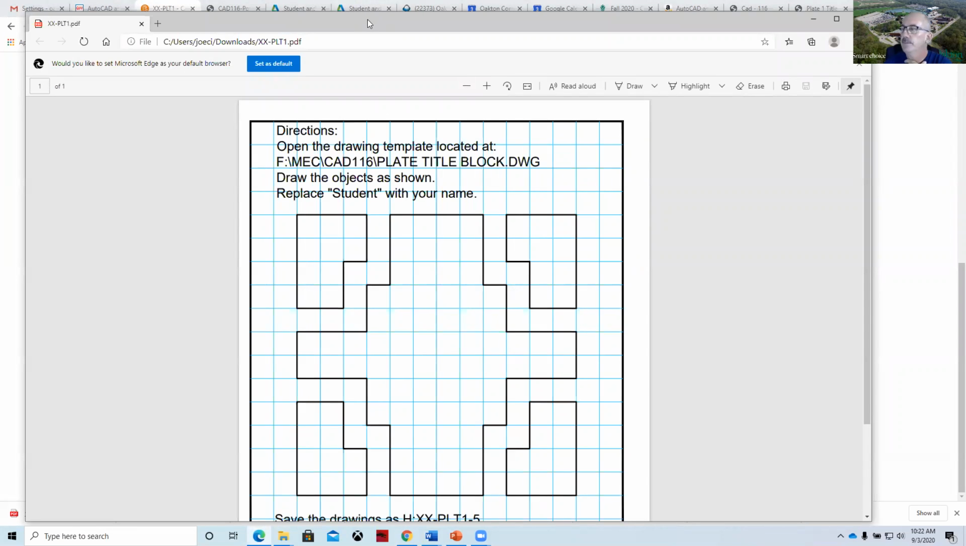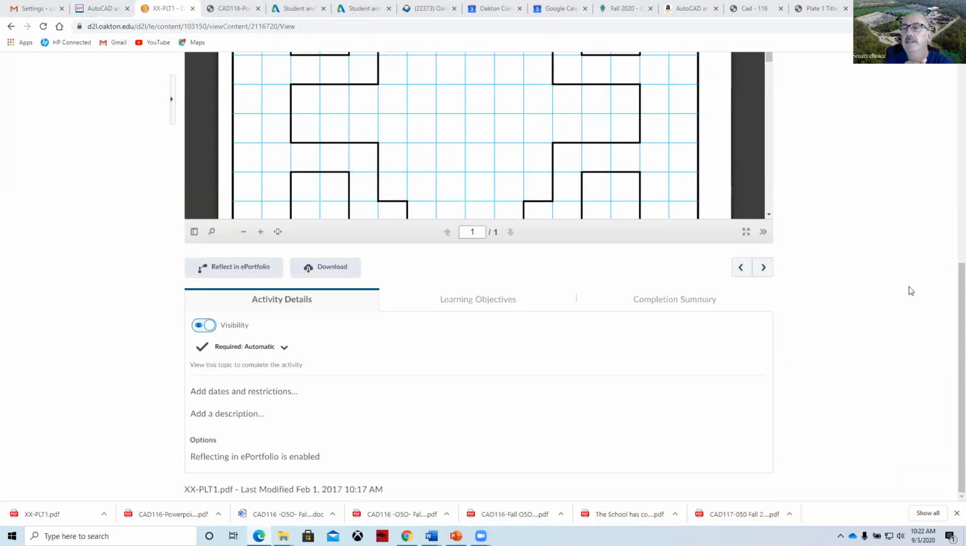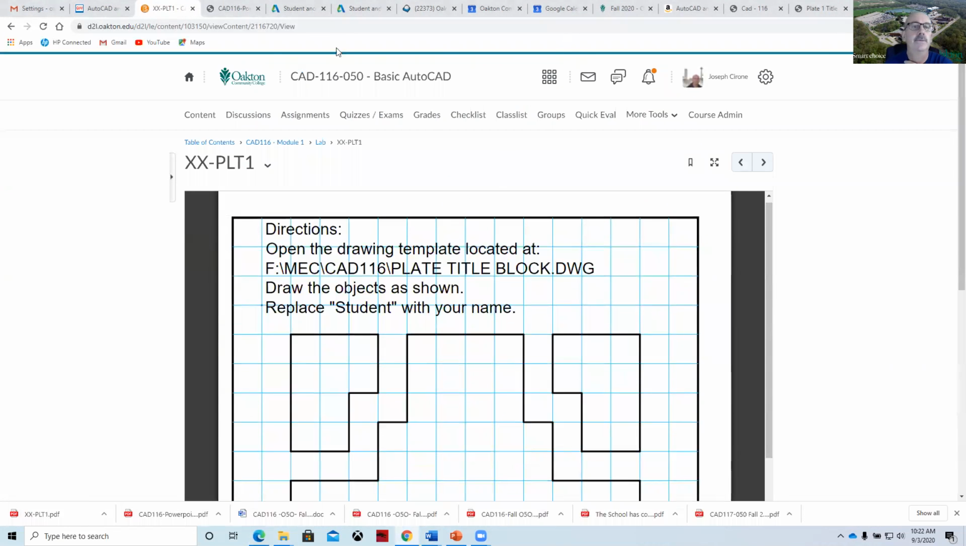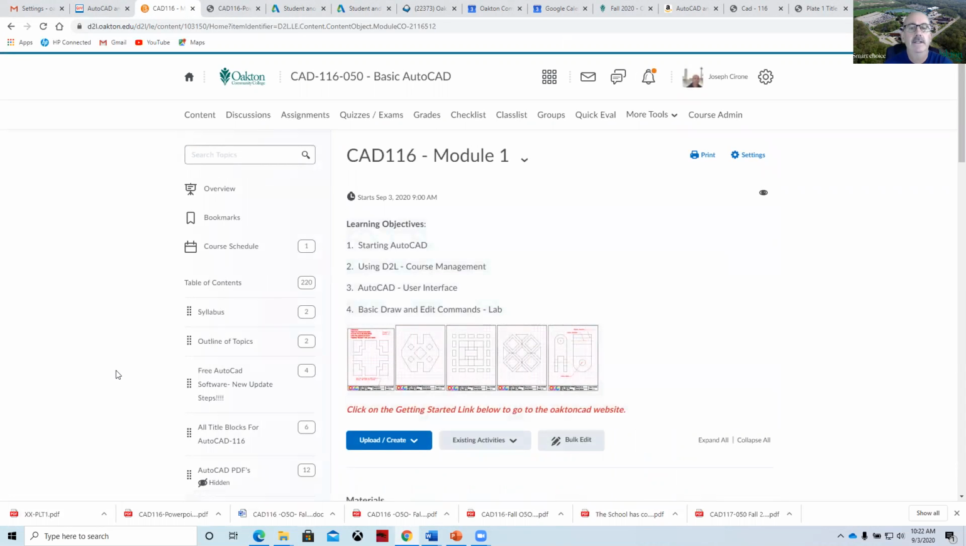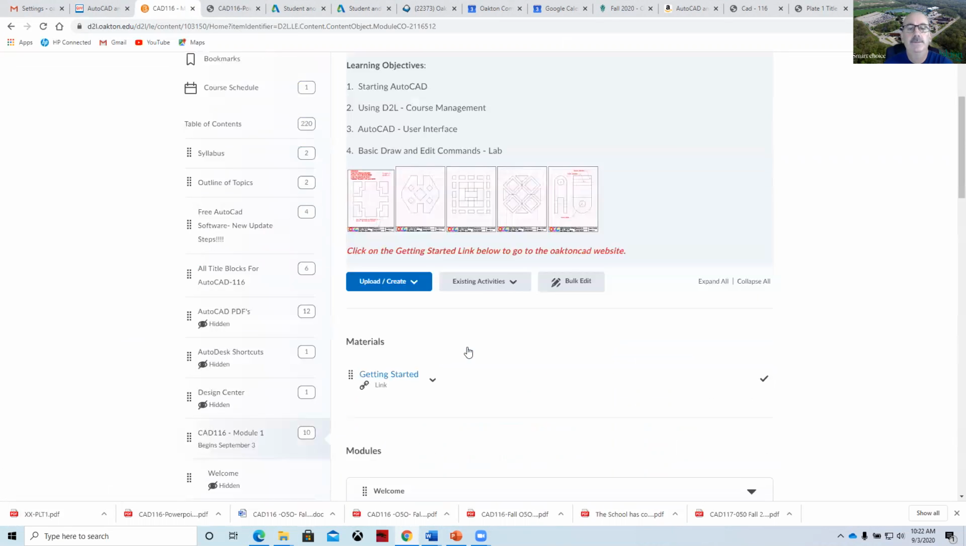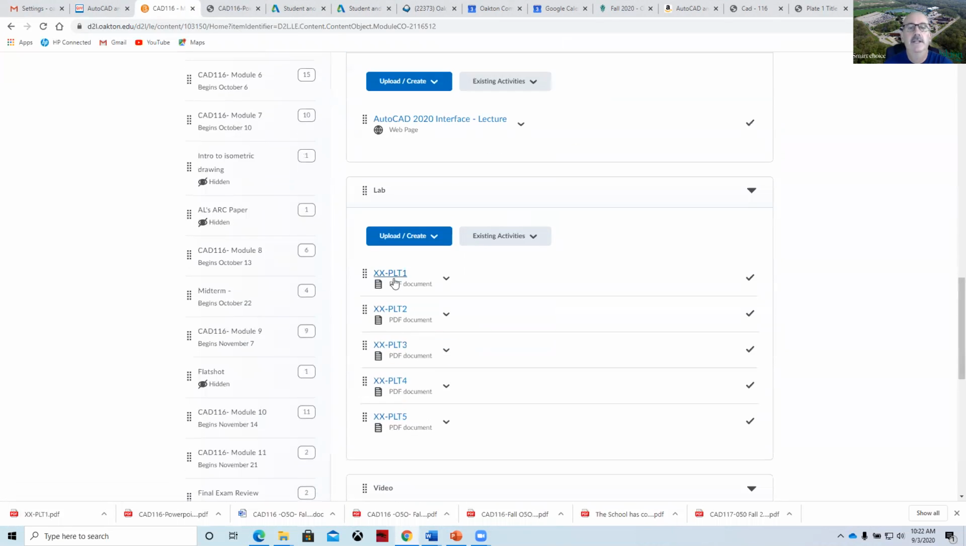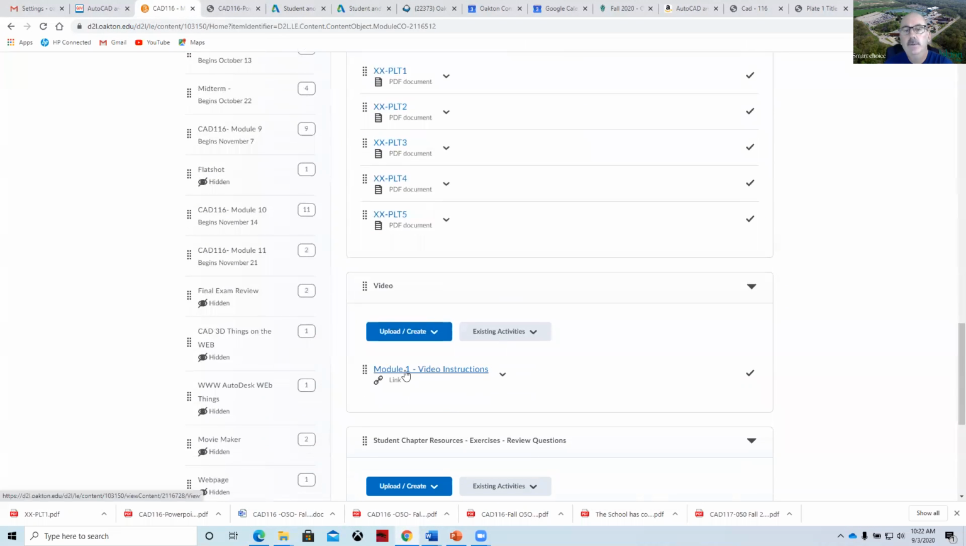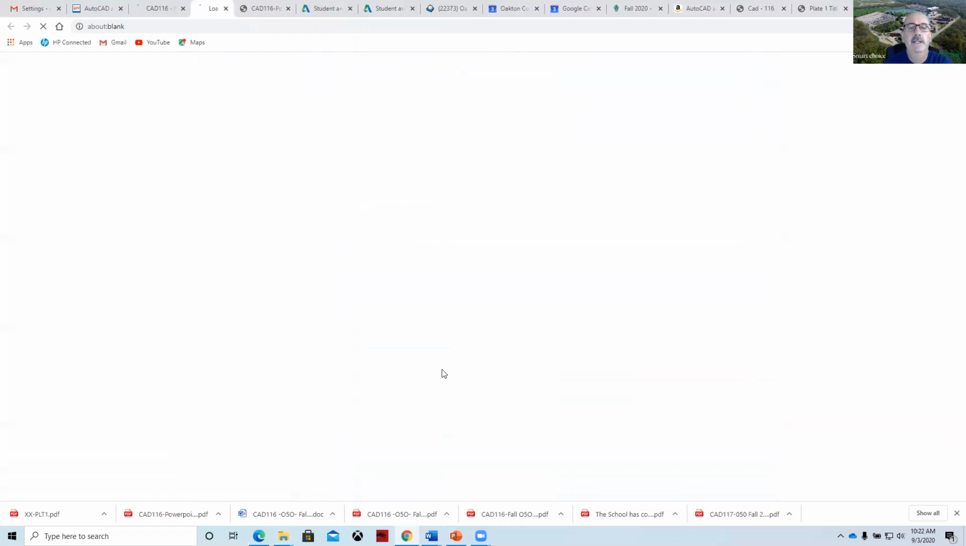So as we go through and work these exercises, the first module will be to draw these 5 plates. I'll show you how that works, and then I will stop the recording and open things up for questions. So in the first module, you will take a look at each of these different PDFs. There's a video on how to do them. And so if I play that video,